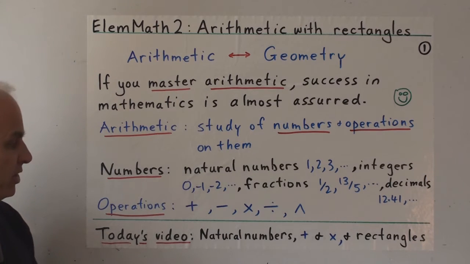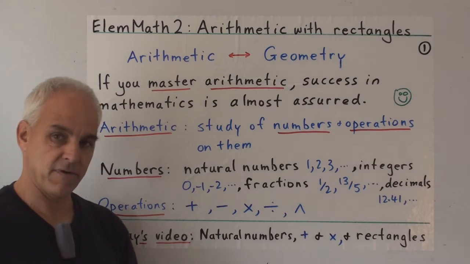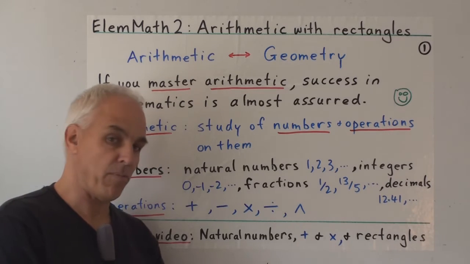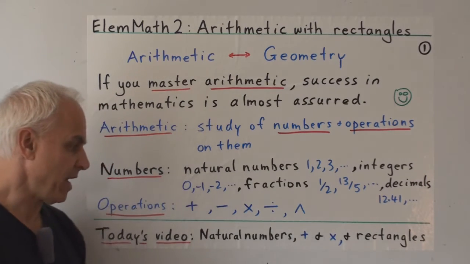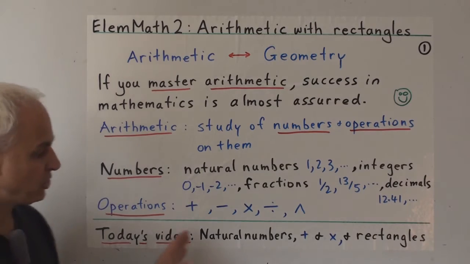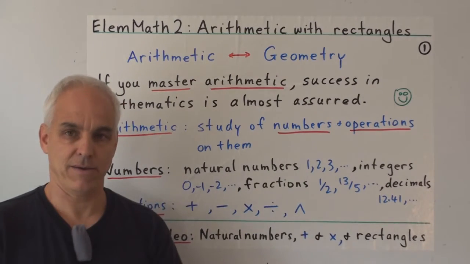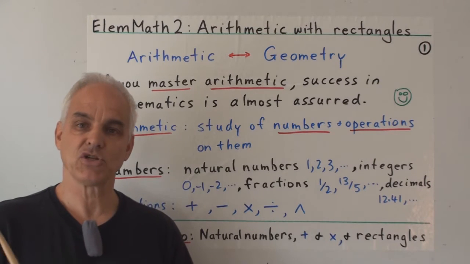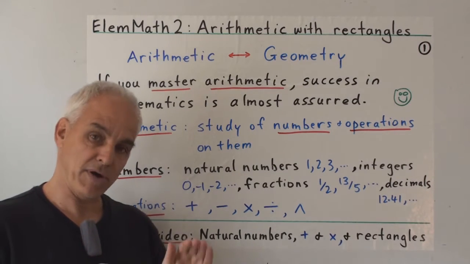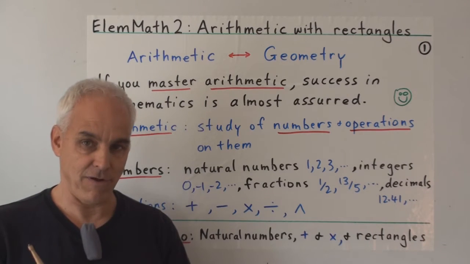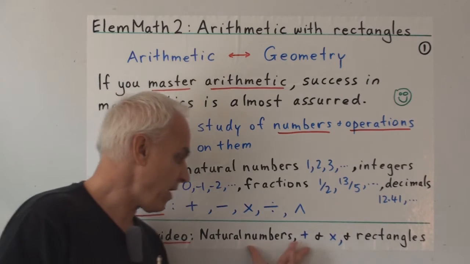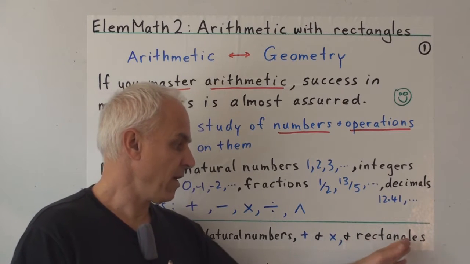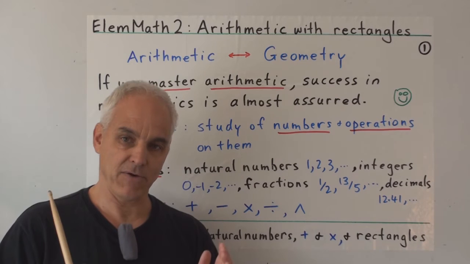In this video, we're going to stick with the simplest number framework, that of the natural numbers, and we're going to discuss the simplest and most important operations, addition and multiplication. But we're going to do so in a very geometrical way. We're going to go back in time almost to a prehistoric point of view, or if you like, we're going to descend right to the kindergarten level. So we're going to think about arithmetic with natural numbers and these two operations in terms of rectangles